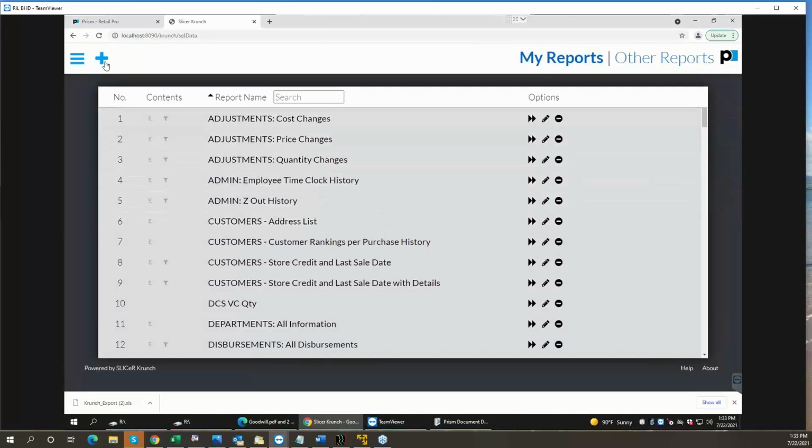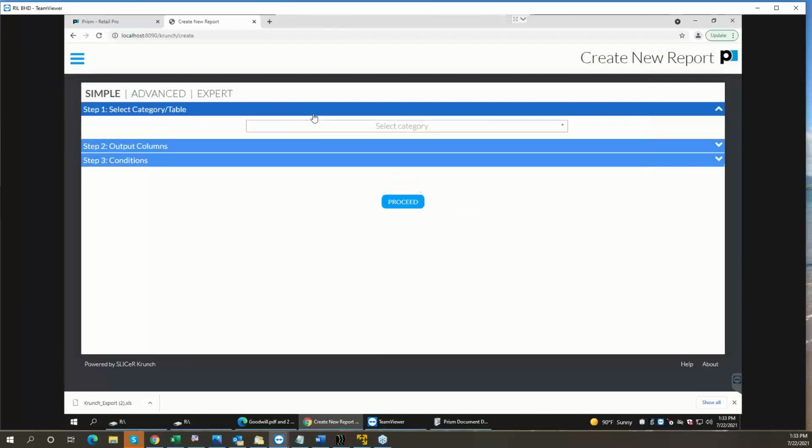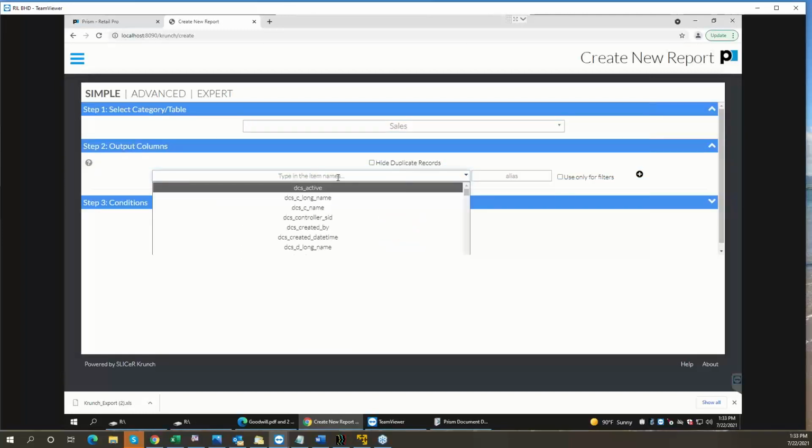All right, so at the top of the reports menu, we have a plus sign where we can just click the plus sign and open up and add a new report. So I'm going to pick sales, right? Keep it pretty simple. Output columns, let's choose, let's see here,